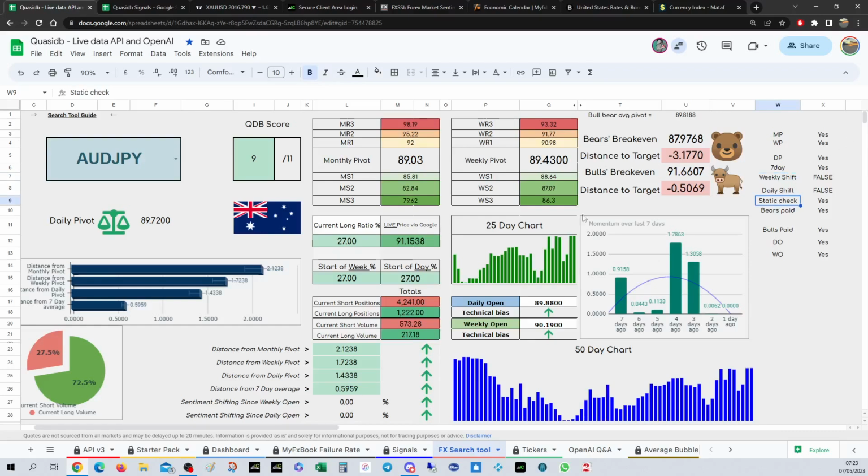It does a static check, so are we above or below 50%? We are below 50%, so it's a positive score. Are the bears getting paid? Are the bulls getting paid? The daily open check is the price above the daily open? Yep. Is it above the weekly open? Yes. So there's 11 things that it takes into account, and so we've got a new scoring system,